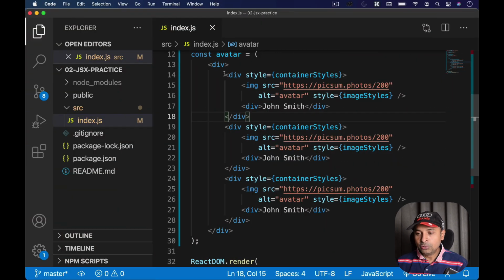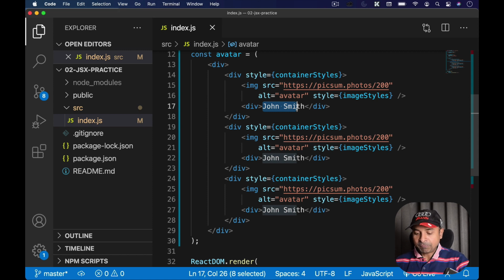If something is going to change, we need to encapsulate it. In our case, this user is going to have a different picture and a different name, right? This is what is going to vary. So why not encapsulate it? And one way of encapsulation in JavaScript or in React is a function, right?